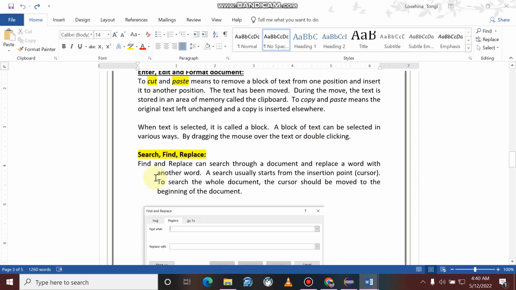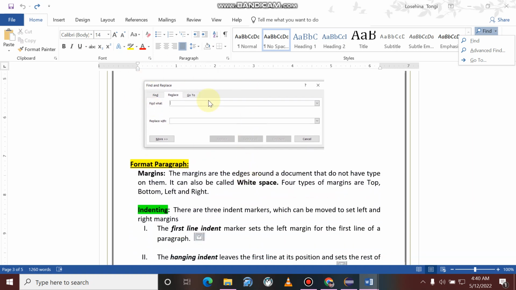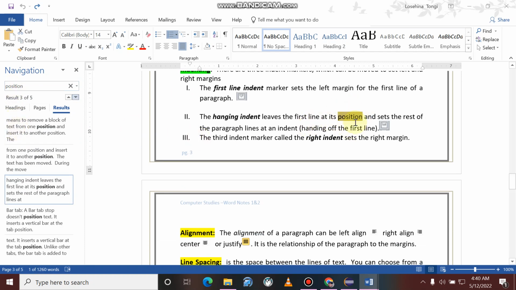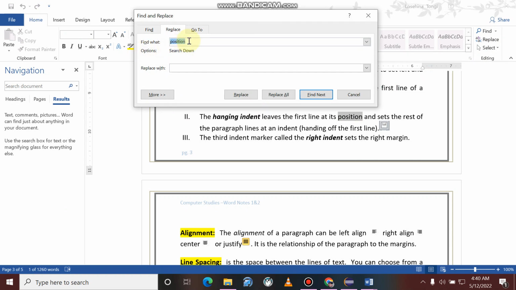All right. Search, find, and replace. This is an important tool in MS Word. It's right here in the Home tab, the last group at the very end, the Editing group. Find, Replace, Select. If you want to find text and replace it with another word, that's where you go. This is what it looks like. For example, if I want to find a word to select it, say position, I can search that, and you see, it searched it for me and highlighted it. Or what you can do is replace, and all you do is find this word and replace